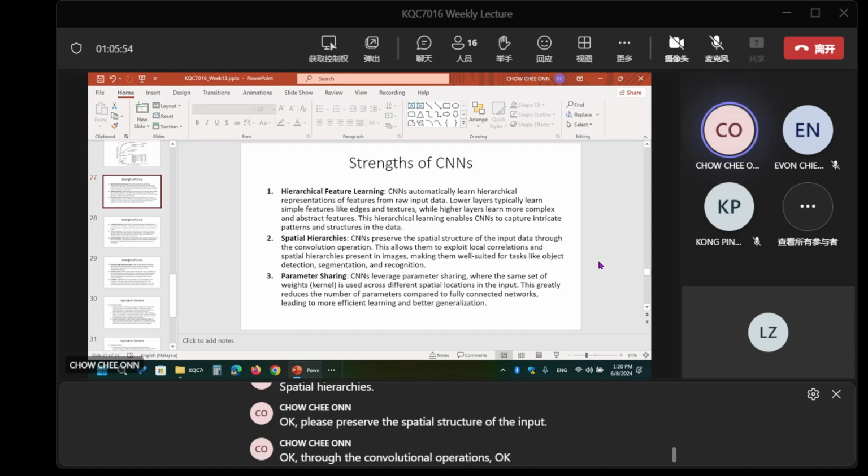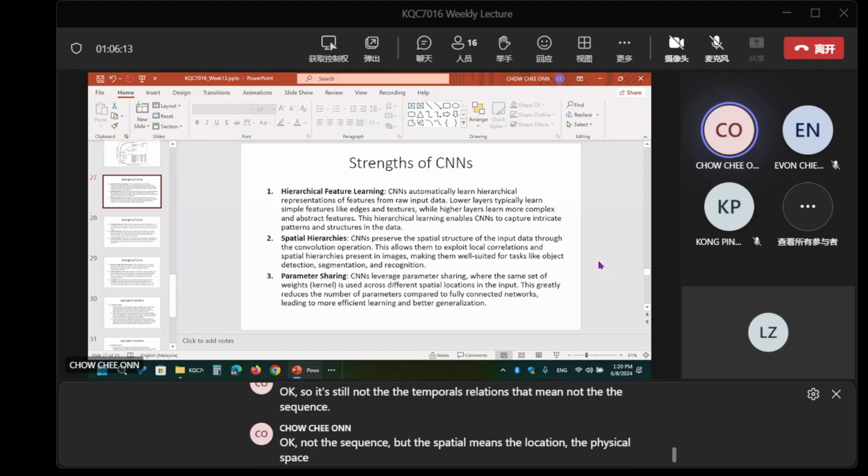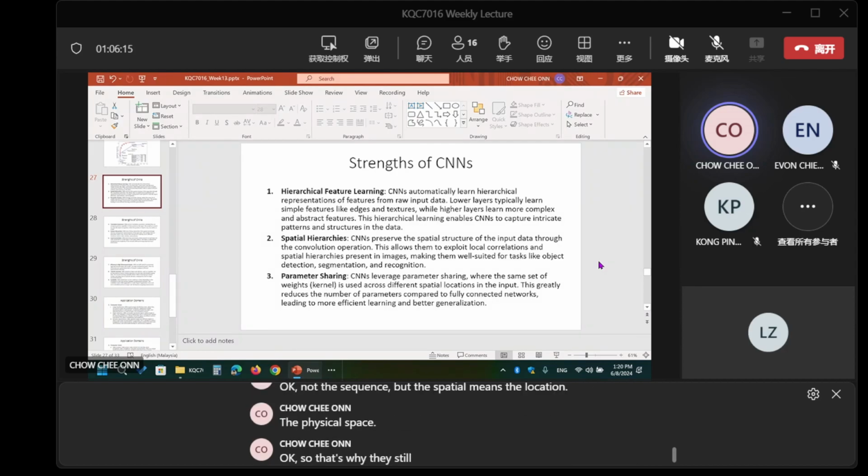Spatial structure means the positions of the input. It is not the temporal relations, not the sequence, but the location, the physical space.